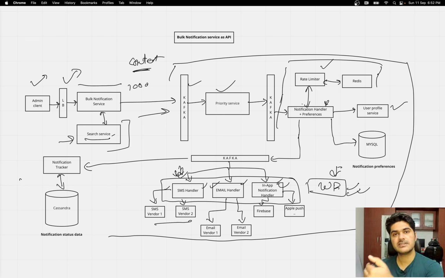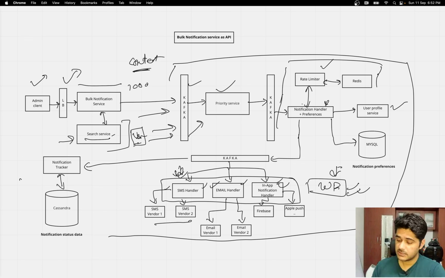Those things can go directly to this Kafka. If you have user transactions, you can feed those transactions here directly, and on the basis of it, it will trigger the notification from here, because it can handle those transactions directly and send them to the priority queue. On the basis of the content, it will decide the priority and take it forward from here.